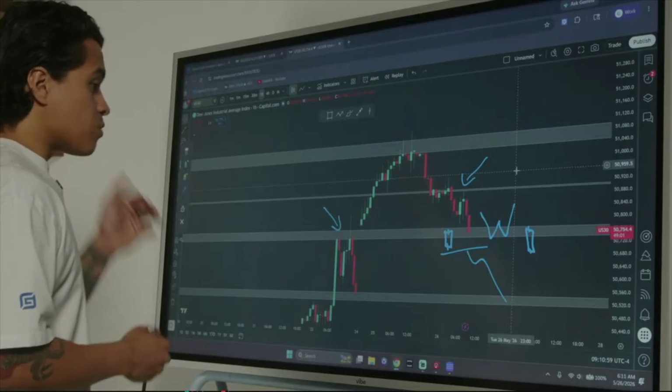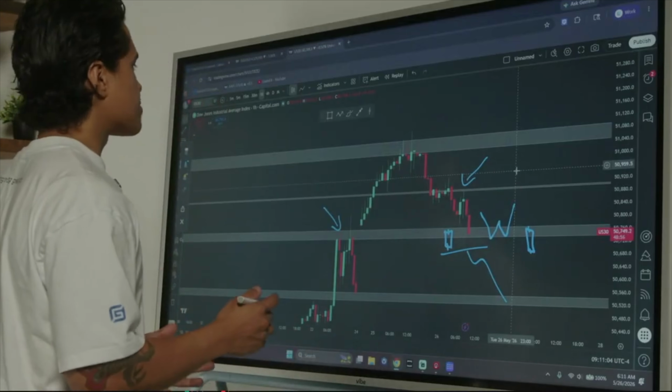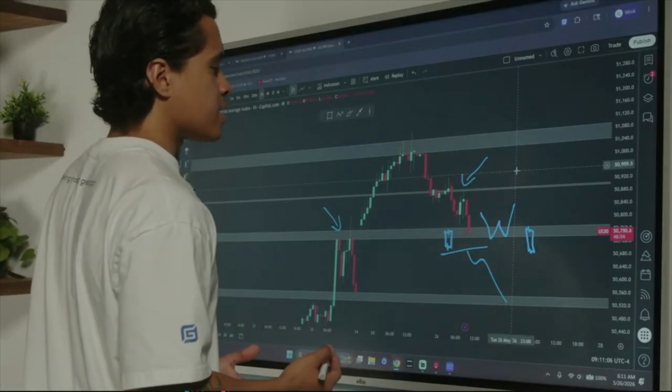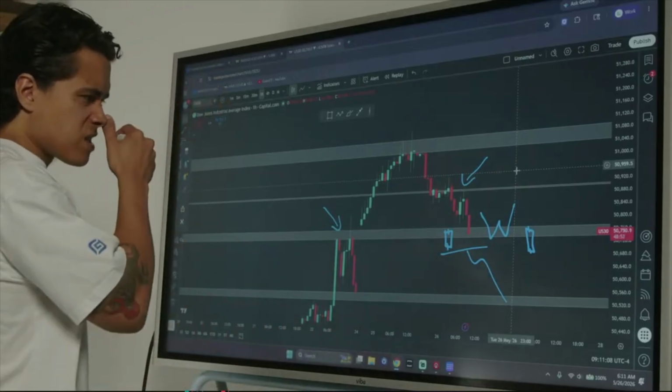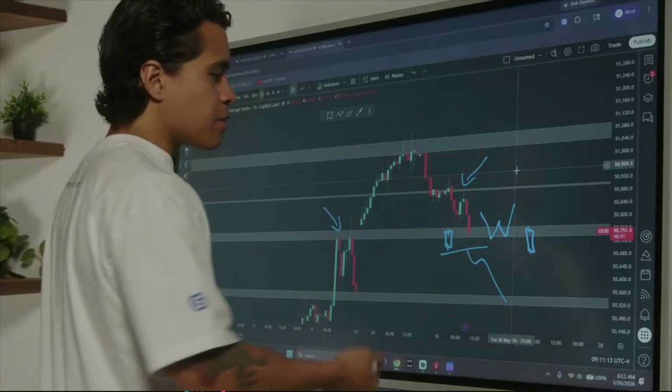Versus on gold, although you do have a lot of times strong volume, from my understanding and experience with gold, you have a lot more chances of getting wicked out. A lot more chances of price action maybe breaking a low, but yet still reversing before continuing later on.